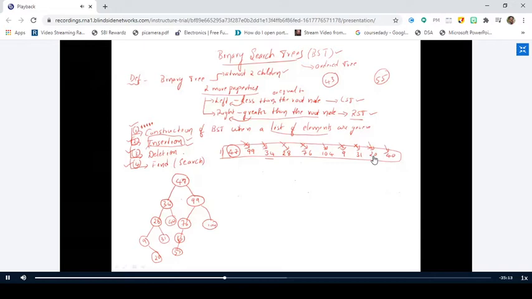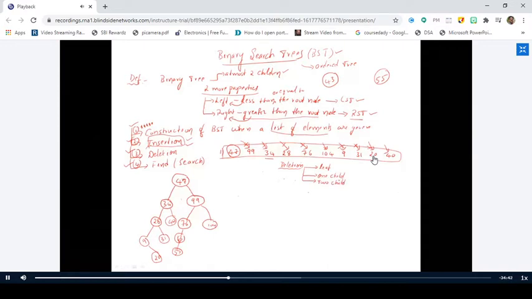Now listen to the deletion operation. It's a very, very important operation, right? The deletion operation in the binary search tree consists of 3 parts. Deletion of a node which is a leaf, deletion of a node which has 1 child, and deletion of a node which has 2 children.